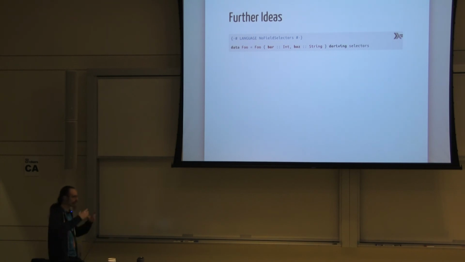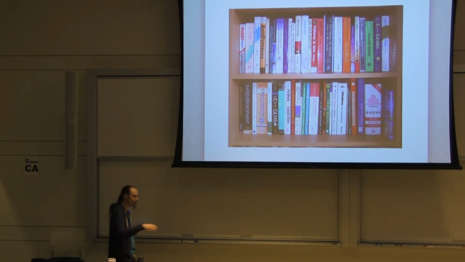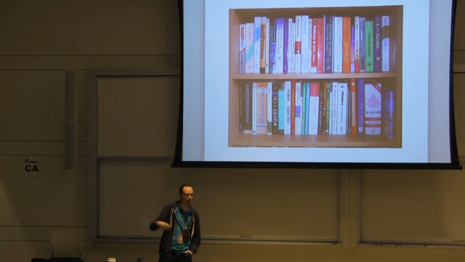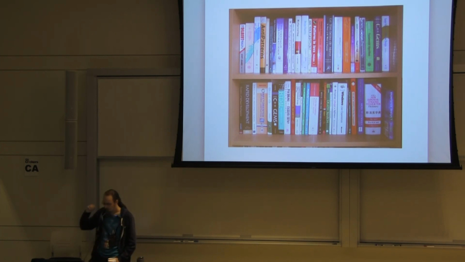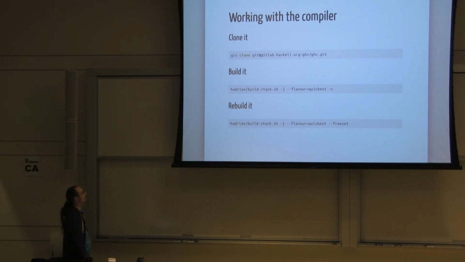So now that there's an idea of how this could look, let's start reading up on what to actually do in GHC to implement this. Reading up is usually reading the code. So you clone it, you build it,